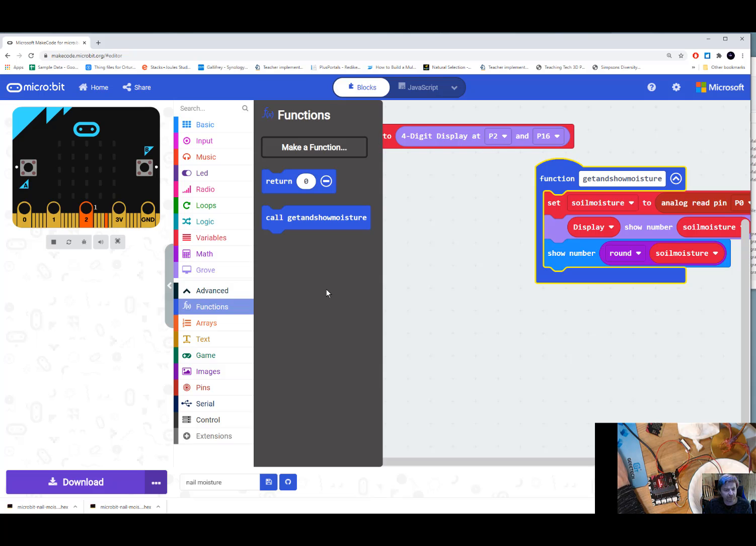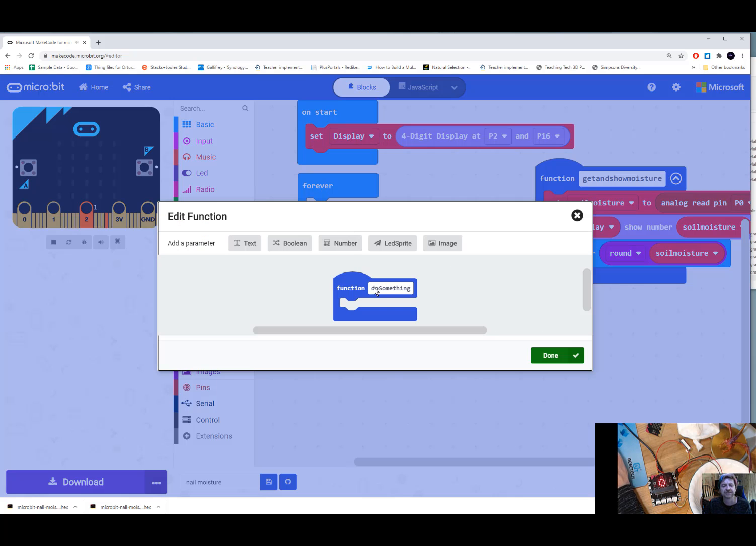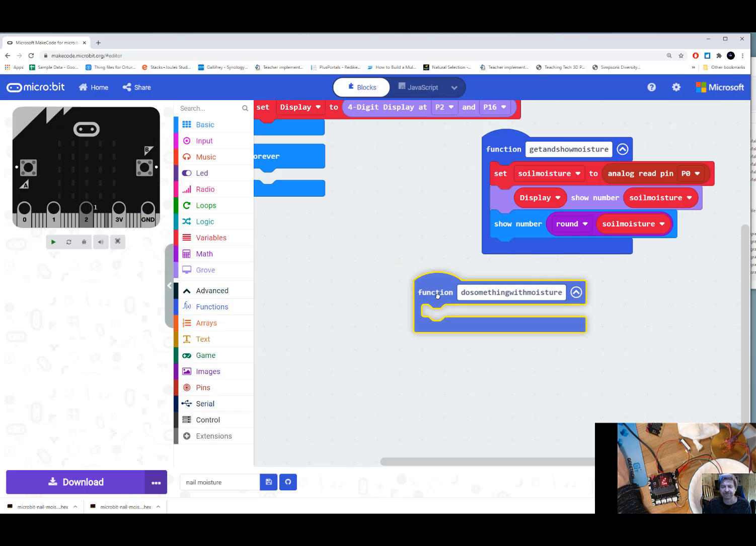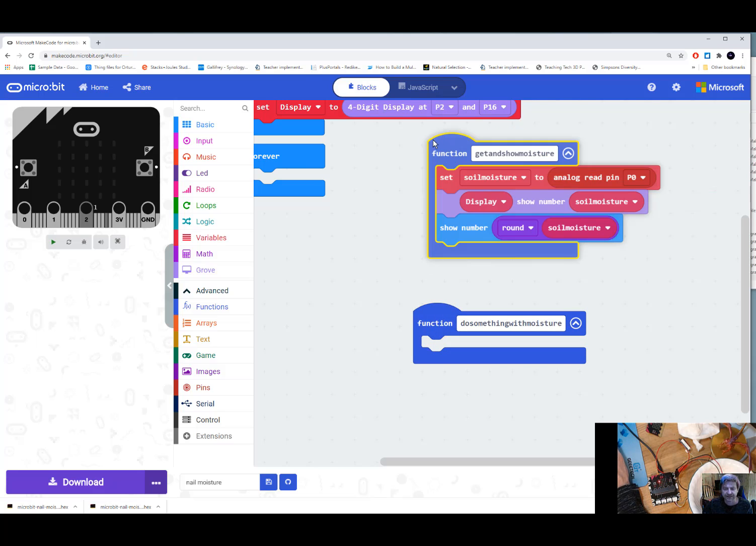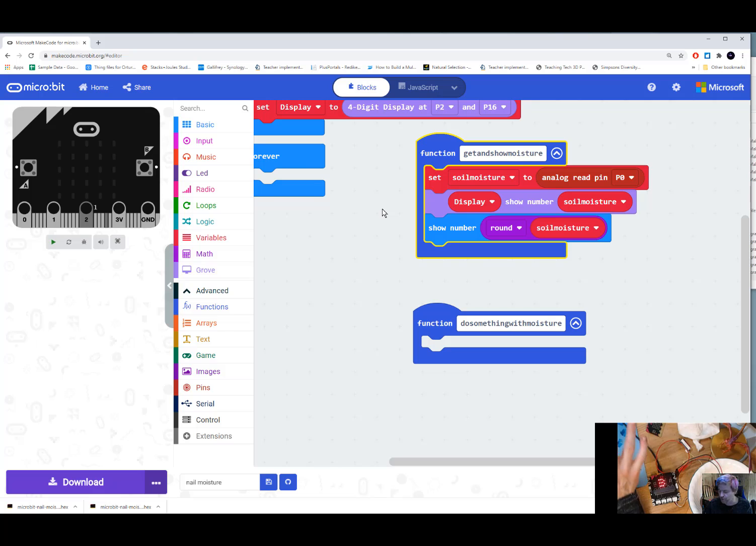Now I'm also going to want a function, and let's say make, and I'm going to call this function do something with moisture. Okay, so this is going to be a function that I'm going to add in to enable me to use the data coming from my moisture sensor, which is basically my nails, to do something. And let's say it's to light up my LED display, or an LED light. So I'm getting myself an LED light strip,